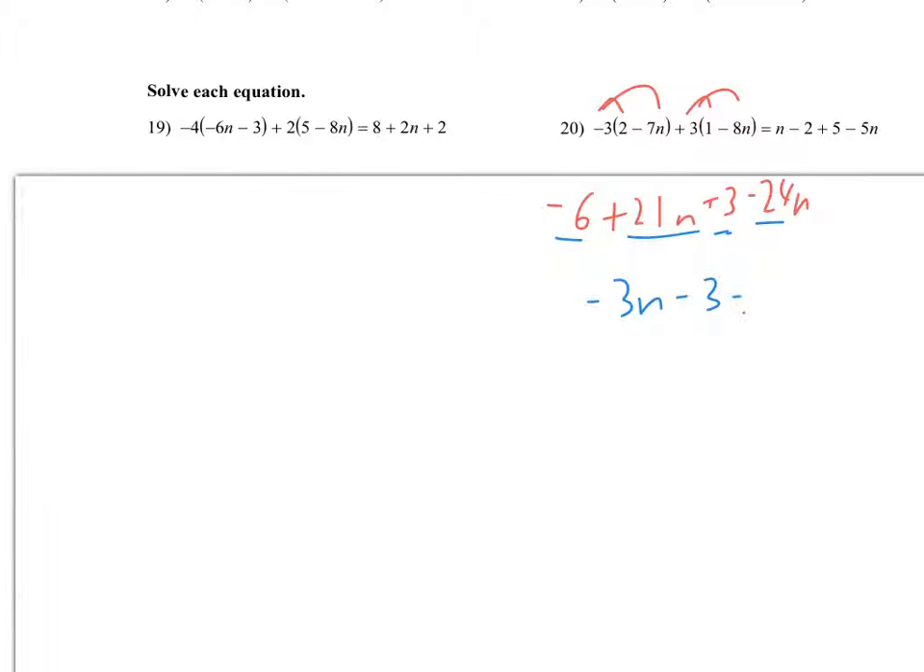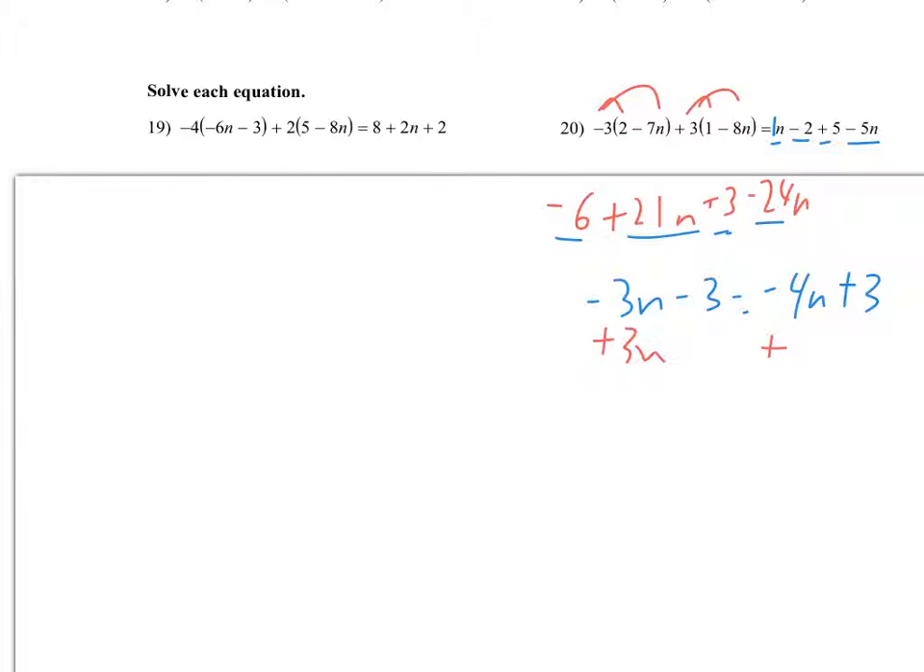And then I'm going to do the same thing on the right side of the equation. So I'm going to combine the positive 1n and a negative 5n. So that's going to make negative 4n. And then I have negative 2 and positive 5 make plus 3. All right, so next step, I always want to get the variables over to one side. So I'm going to add the